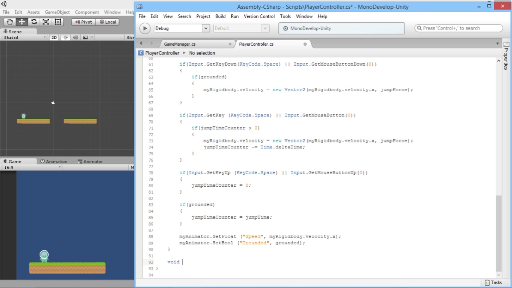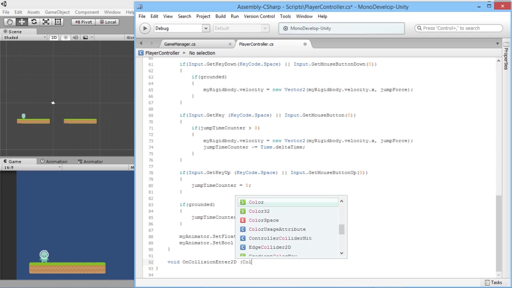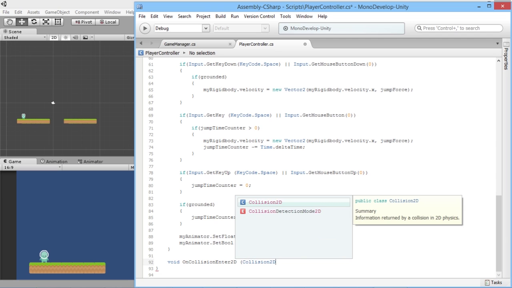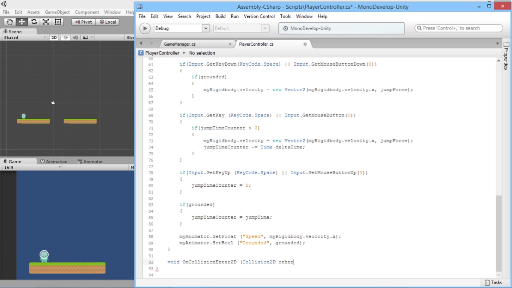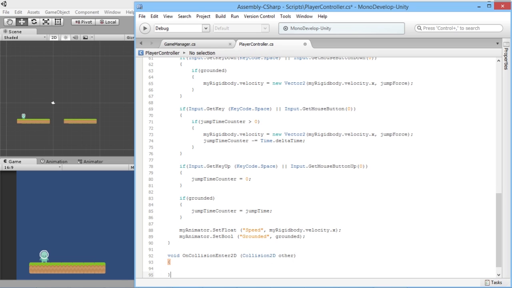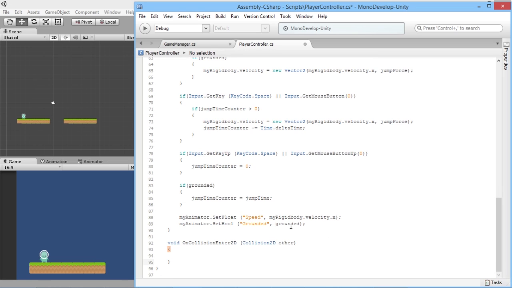void OnCollisionEnter2D, and then in brackets Collision2D other. Only one R in other. Okay, so we haven't used this little function yet, but this is something that's built into Unity. If we make some open and closing curly brackets, this is a function that's built into Unity, and basically what it says is